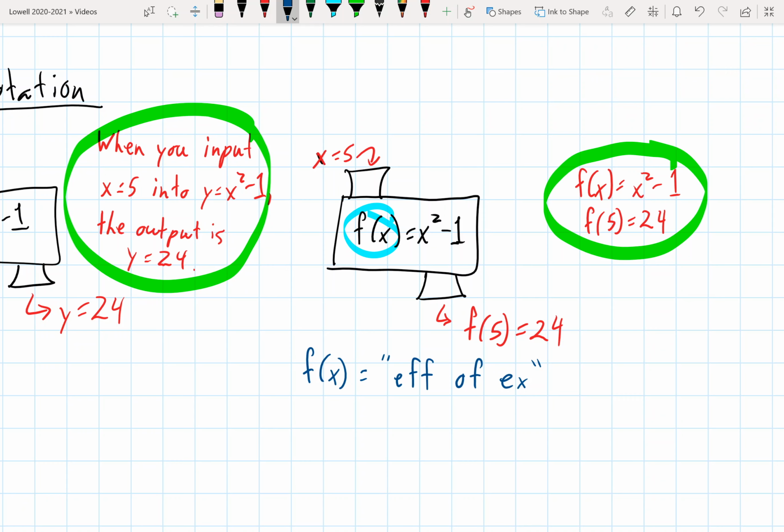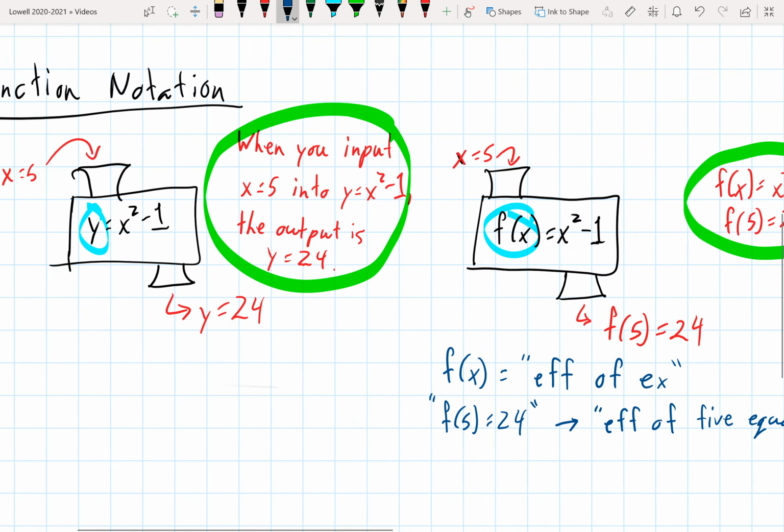And so if I said f of 5 equals 24, this would translate in English to f of 5 is or equals 24. Okay, so really all you're saying is, well, mathematically what you're doing is you're just replacing